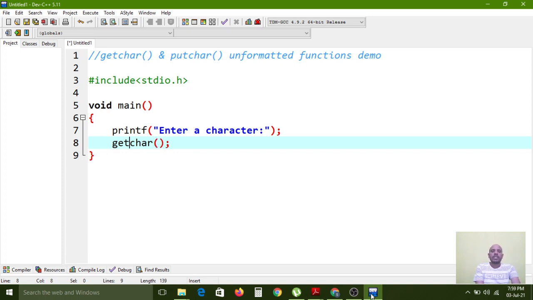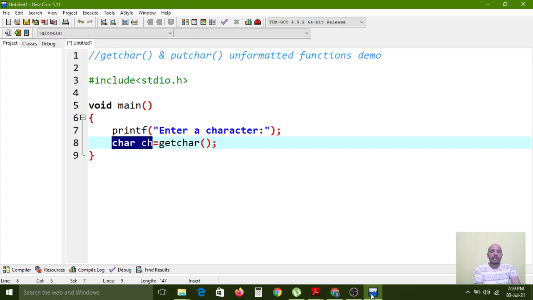After taking that value from the user, you need to store it. The getCharacter function value needs to be stored in one variable. The getCharacter function collects the input only as a character, an alphabetic character. That's why we need to create a character type variable: char ch is equal to getChar.